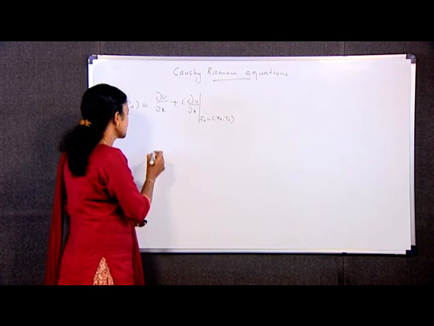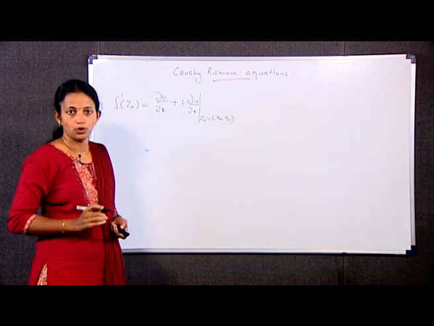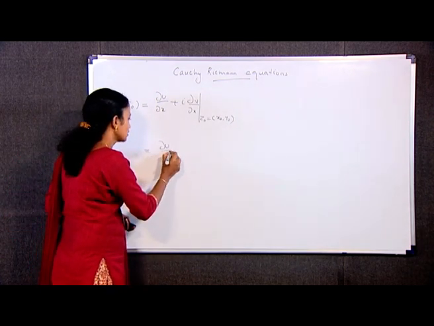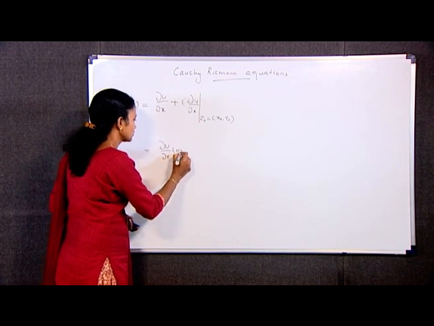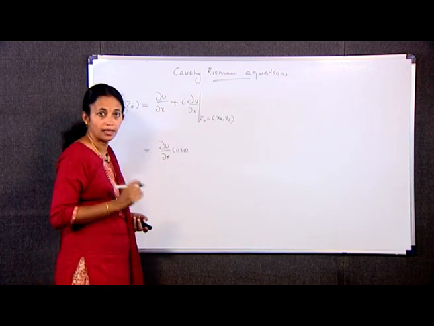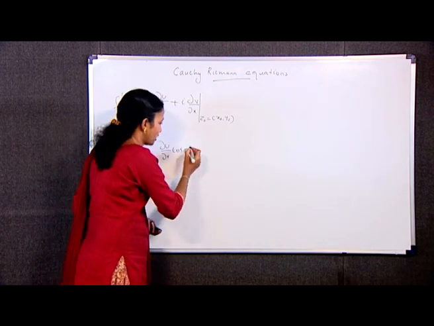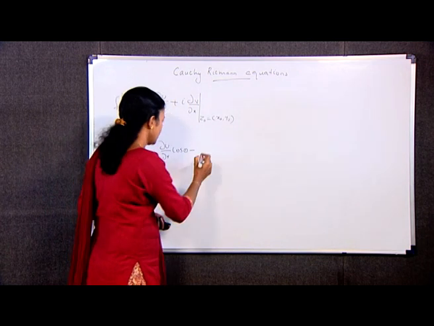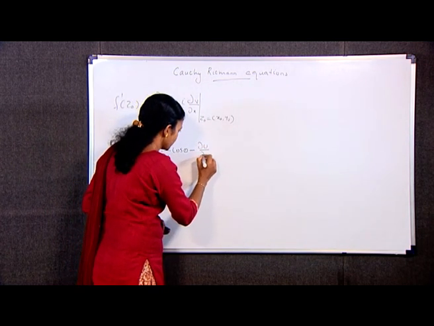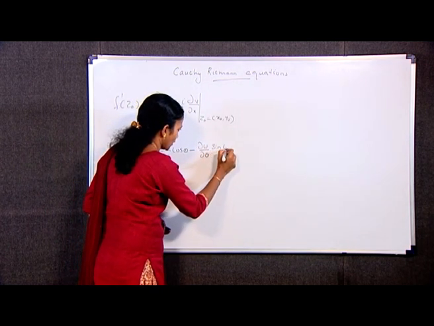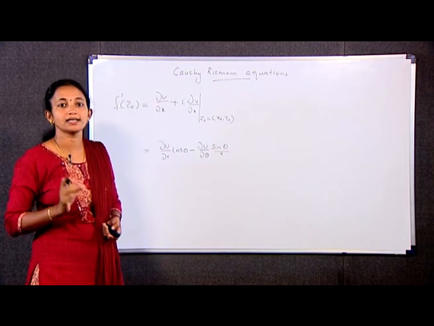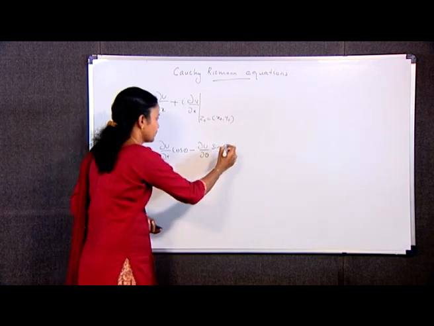Which I can write as dou u by dou r into cos theta minus dou u by dou theta into sin theta by r. This is our first term,